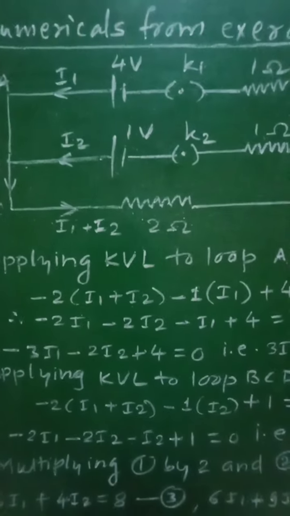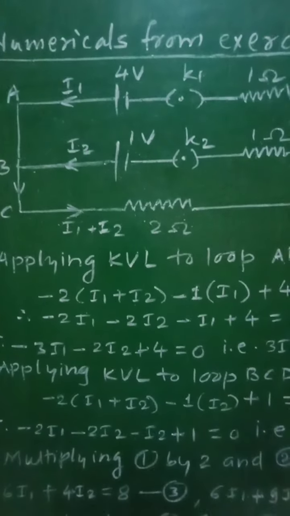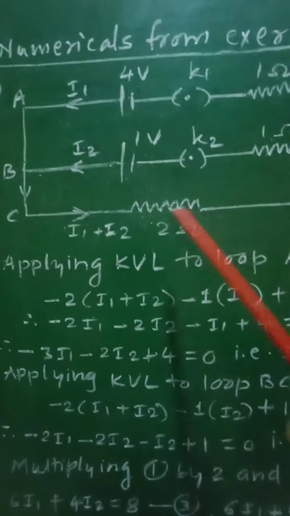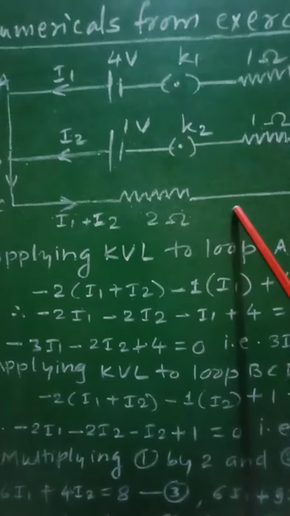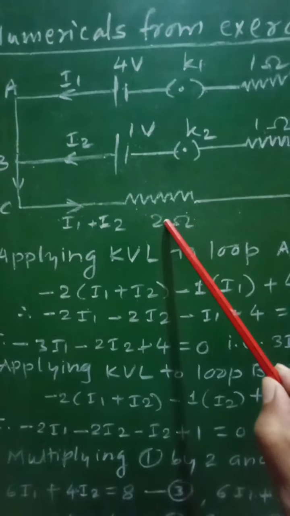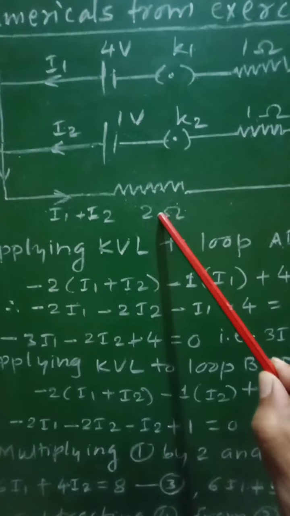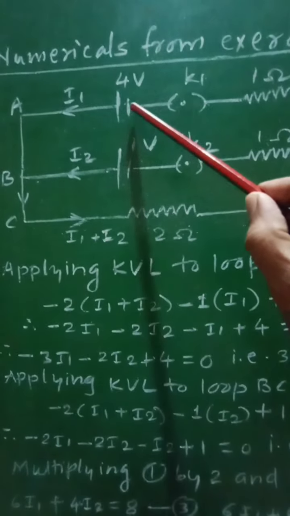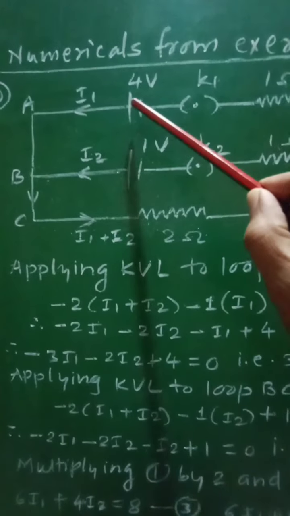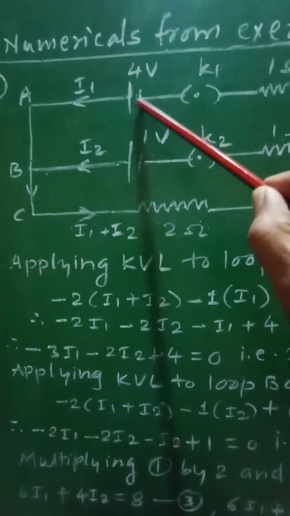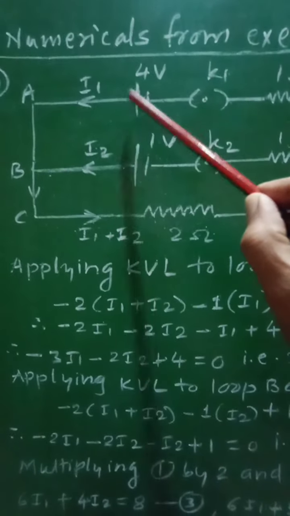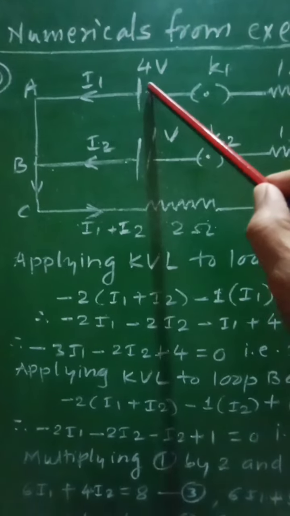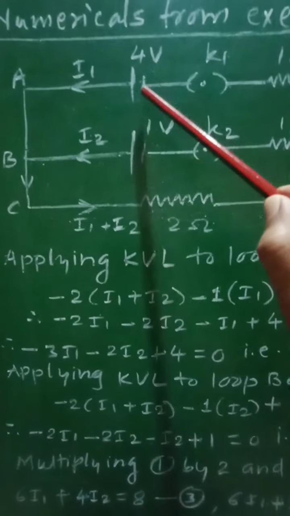According to the sign convention of Kirchhoff's voltage law, if the current is flowing in the same direction in which the circuit is traced, then that product of IR will be taken as negative. Similarly, if the current is flowing through the battery, that is inside the battery, from negative terminal to positive terminal, and if the circuit is traced in the same direction, then that EMF of the battery will be considered as